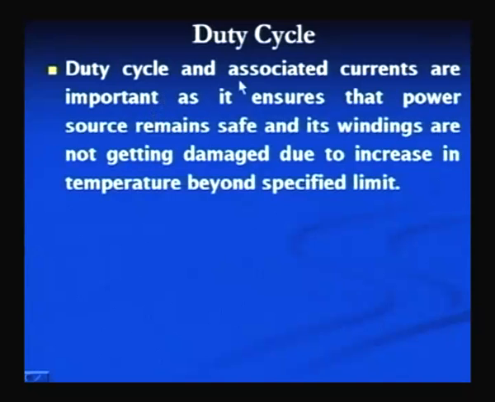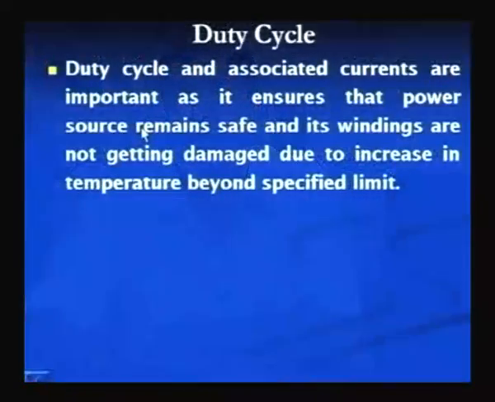The duty cycle and the associated currents are important, as they ensure that power remains within the safe limit and its windings are not damaged due to the increase in temperature beyond the specified limit. Because arc welding processes are known as low voltage and high current processes. When high current is drawn from the power source, due to electrical resistance heating, its coils and cables start getting heated, and the increase in temperature of the coils and cables can lead to the damage of the coils